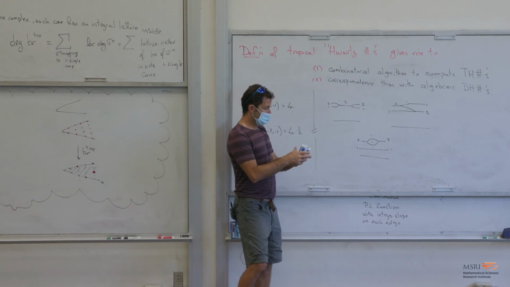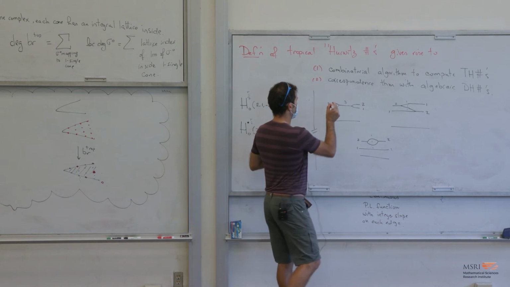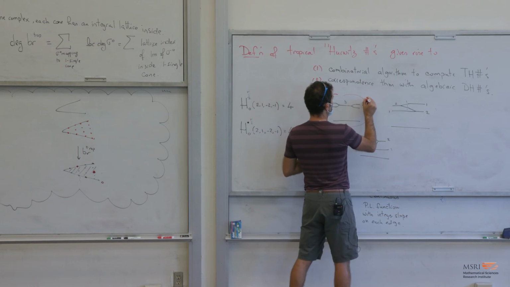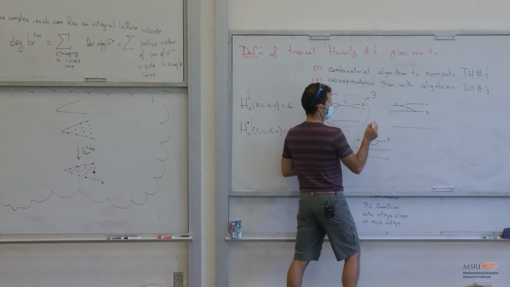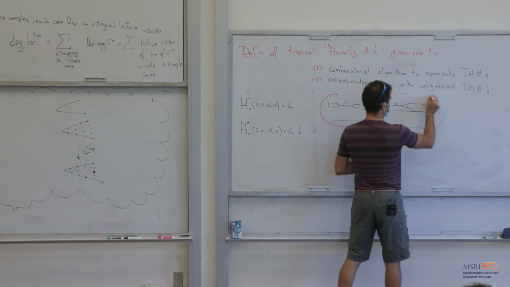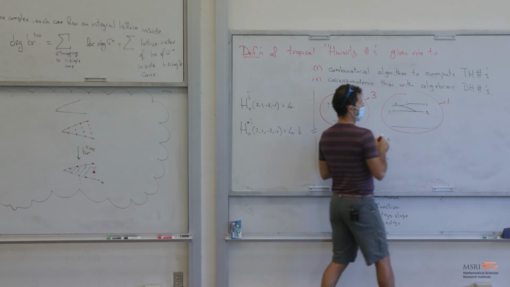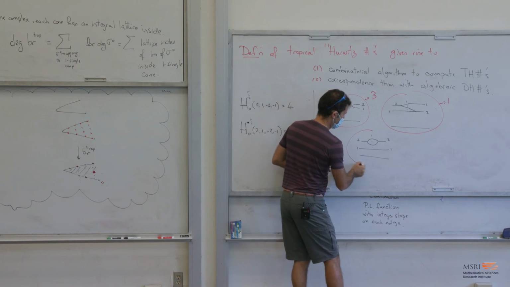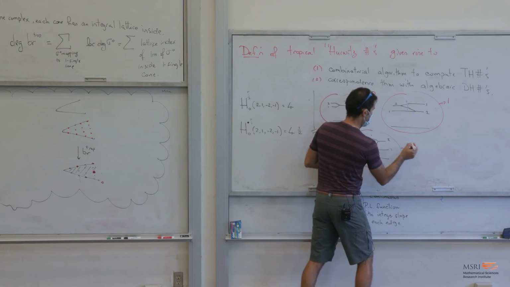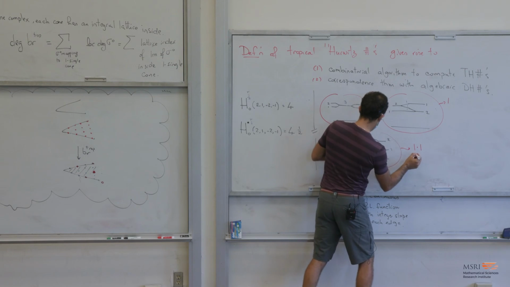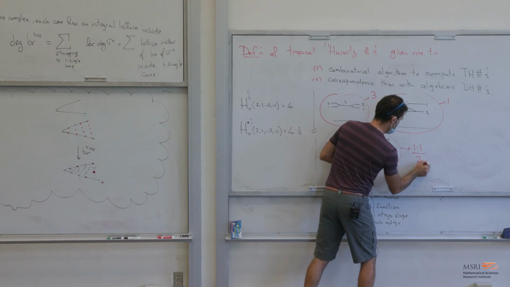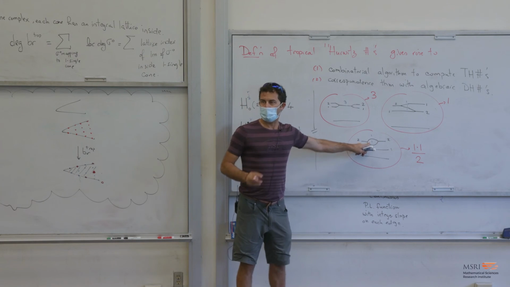Matt was pointing out, right? So this picture will contribute with weight 3. This one will contribute with weight 1. And this one will contribute with weight 1 times 1 divided by 2, because here I have an order 2 automorphism of this